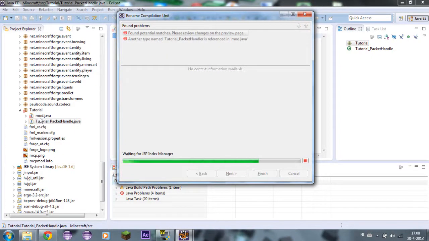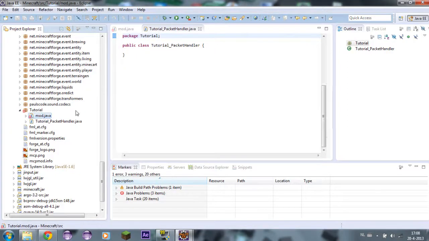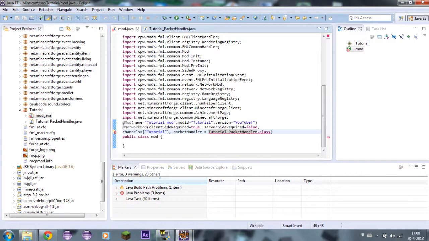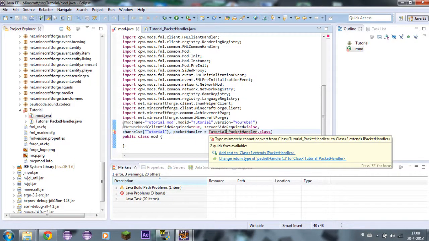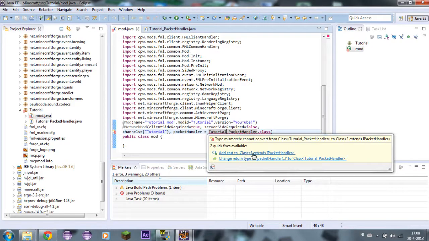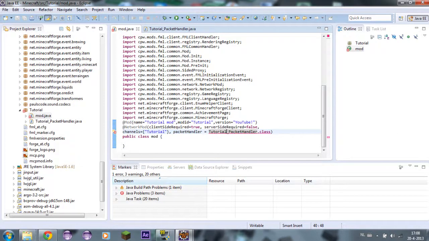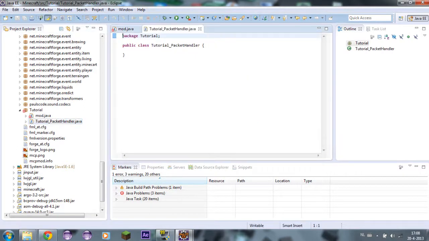Finish. Okay, so tutorial packet handler. Okay, so I should extend packet handler probably. Okay, mistake. Okay, so now I'm going to extend packet handler,